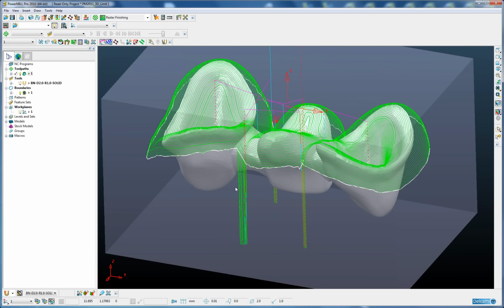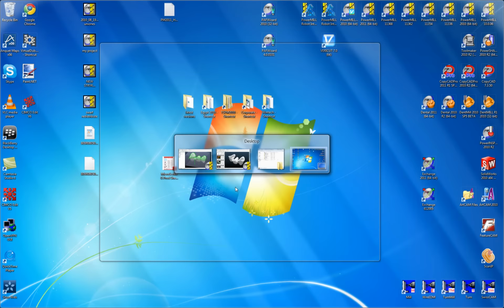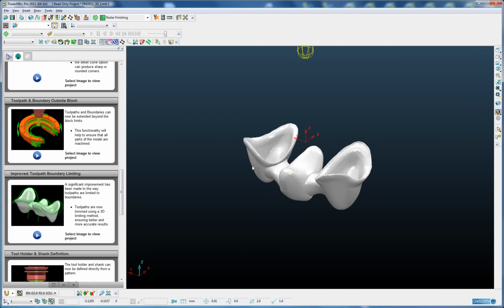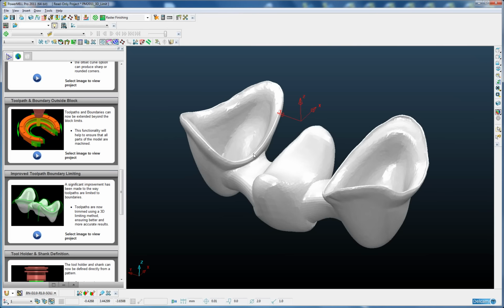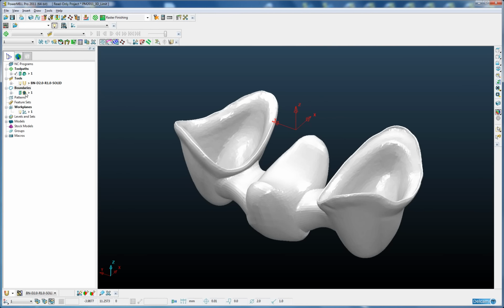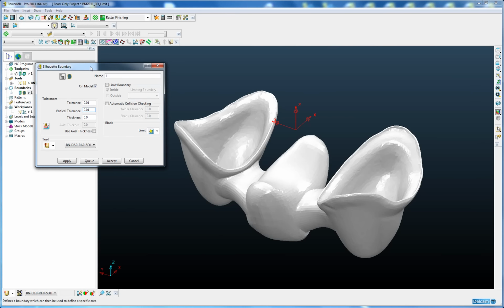So let's now do exactly the same in Powermill 2011. So I'm just going to Alt-Tab across to Powermill 2011. Here we have exactly the same project open. The same two batched toolpath and batched boundary. So we'll go to the settings for the boundary, apply as before, accept,